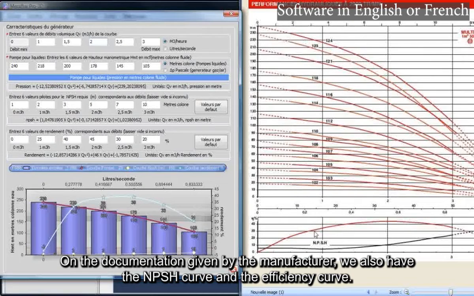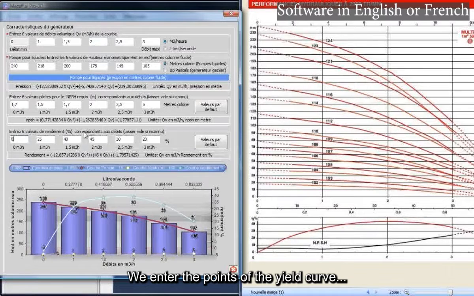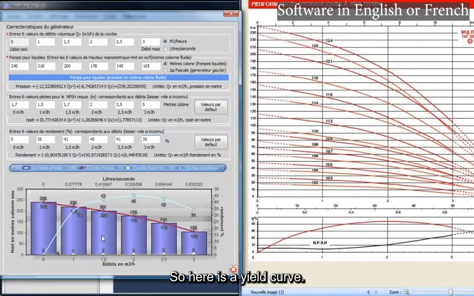On the documentation given by the manufacturer, we also have the NPSH curve and the efficiency curve. We enter the points of the yield curve. So here is the yield curve. So we entered the characteristics by entering points on the curve.